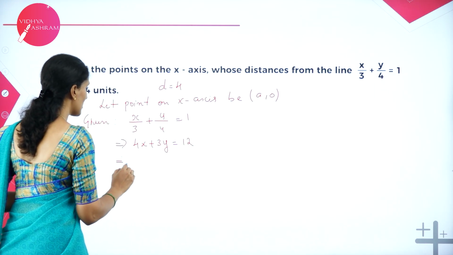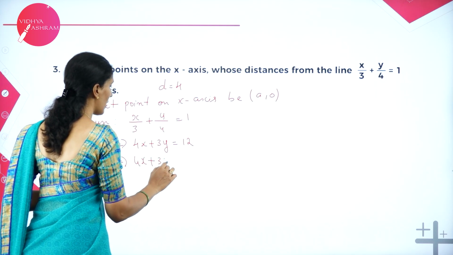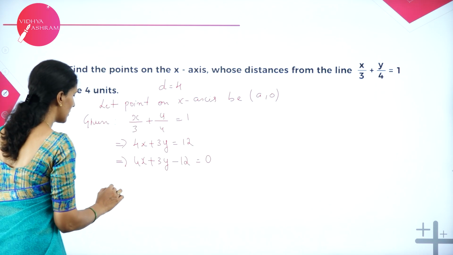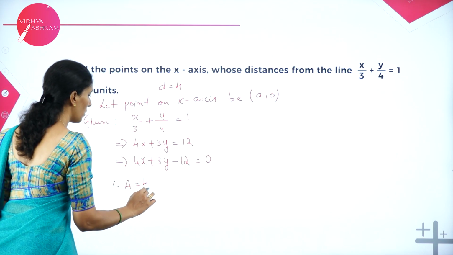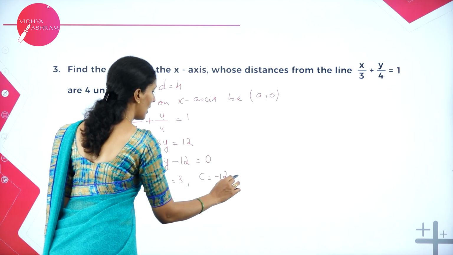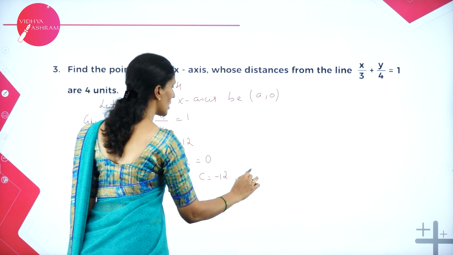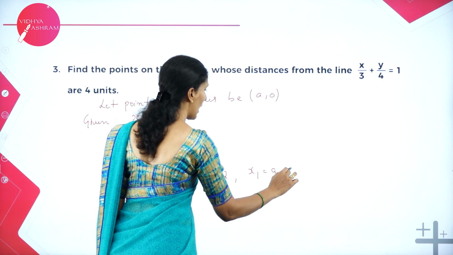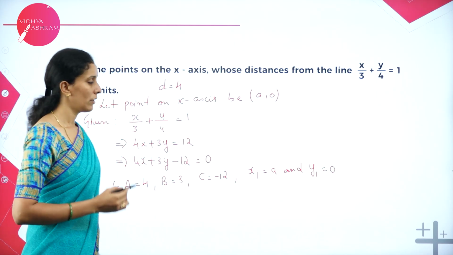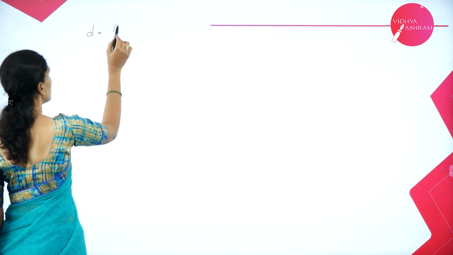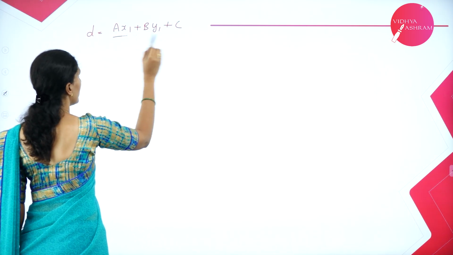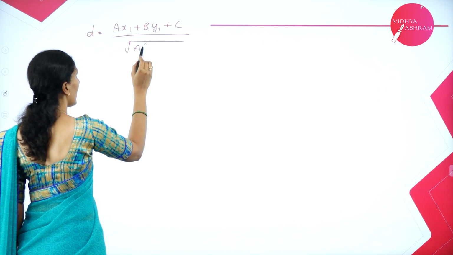So this implies 4x plus 3y minus 12 is equal to 0. Now according to this, the value of A is 4, B is 3, C is minus 12. Also using this point, x1 is equal to a and y1 is equal to 0. Use the formula: D is equal to |Ax1 plus By1 plus C| divided by square root of